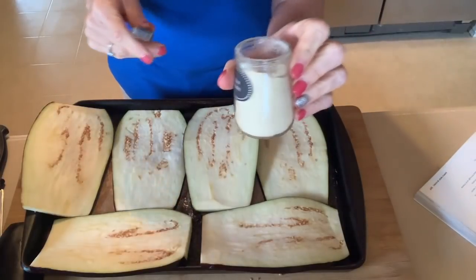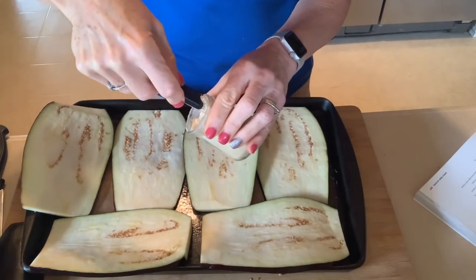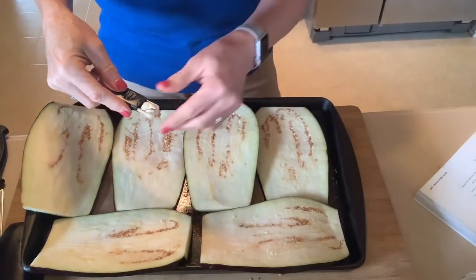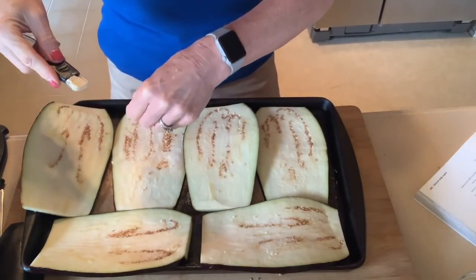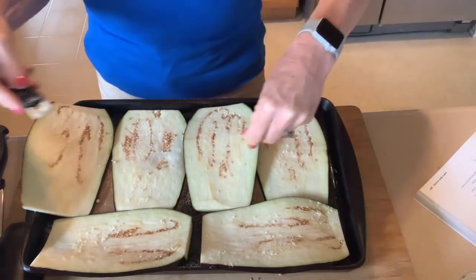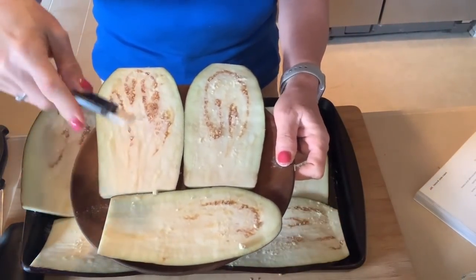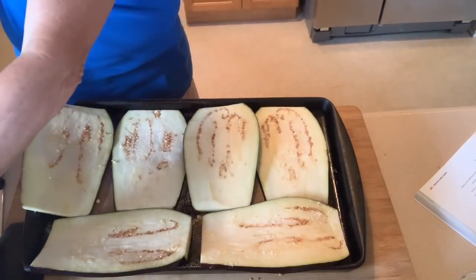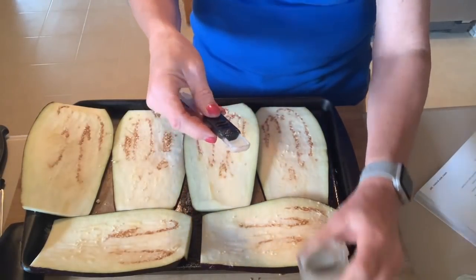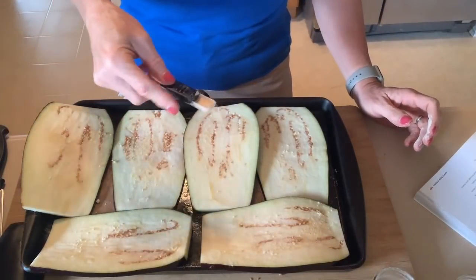Okay, we have our onion powder, 1/2 teaspoon of that, and I'm just going to sprinkle it right over top. I think I can control it a little bit better with my fingers. And I have the second dish with the last 3 on it. And then we're going to add the garlic powder, and it goes in the oven for 10 minutes. And then you take them out and you flip them and cook them another 10